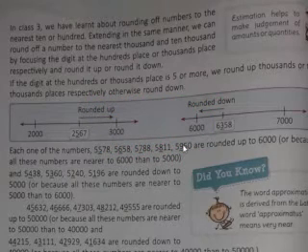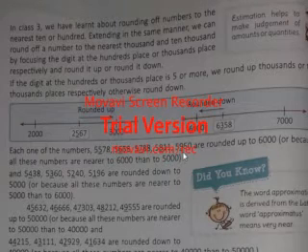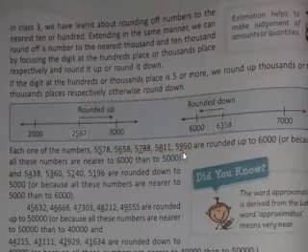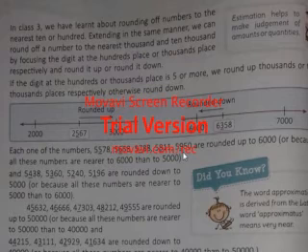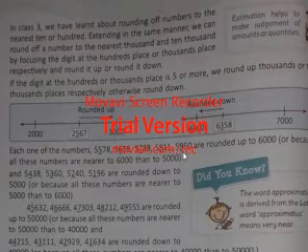If you remember, last time I had said if at the hundreds place there is 5 or more than 5, then what will happen? Everything will be reduced and in the thousands place 1 will be added when we are rounding up to thousands. In the same way, in hundreds we will see the tens place, and the same thing applies: in the tens place also, if there is a number 5 or more than 5, then 1 will be added to the hundreds and all will become 0.